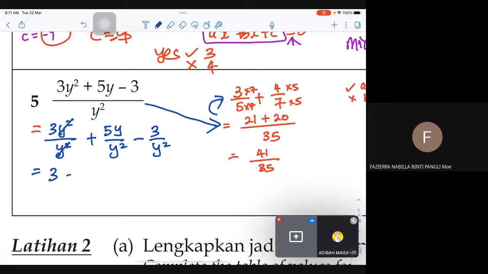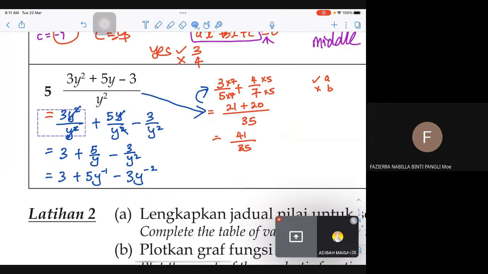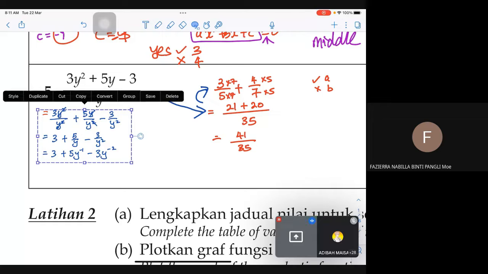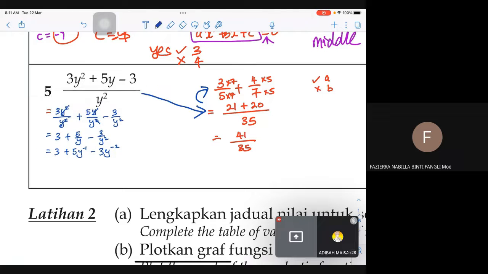This one gets 3 plus 5/y and 3/y squared. Then we get 3 plus 5y to the power of -1 minus 3y to the power of -2. Okay, then from here,